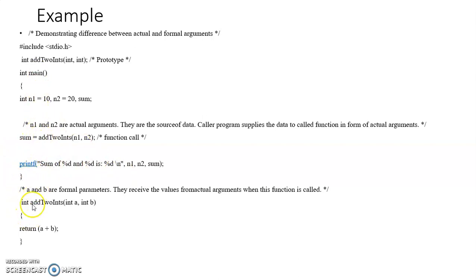Now we will see the function definition, which is written outside the main function. In the function definition, we take the return type as integer, as in the function declaration, the function name is the same, and here I am passing two parameters, int a comma int b. Now inside the main function the names of the two variables are n1 and n2, and in the function the variable names are a and b. So it doesn't matter what the variable names are; they just look for the actual values assigned to these variables. Function names don't matter.